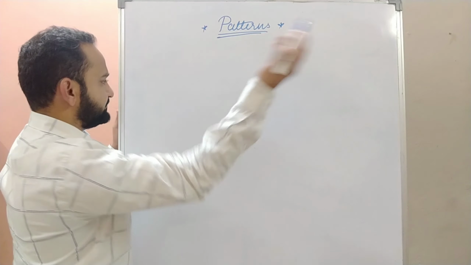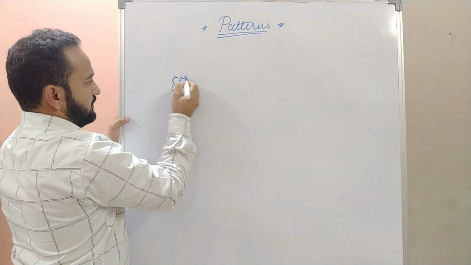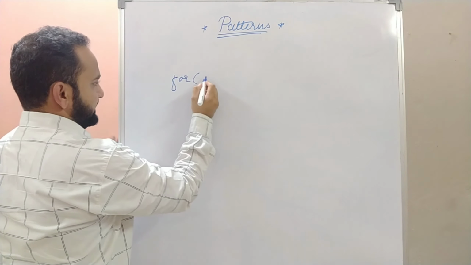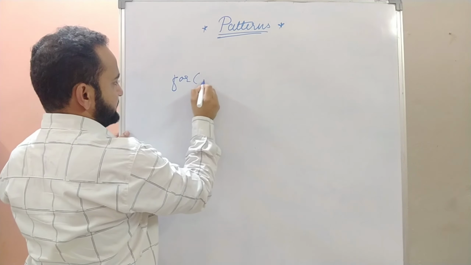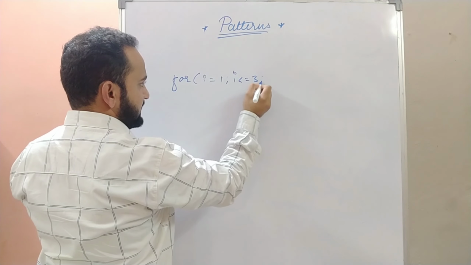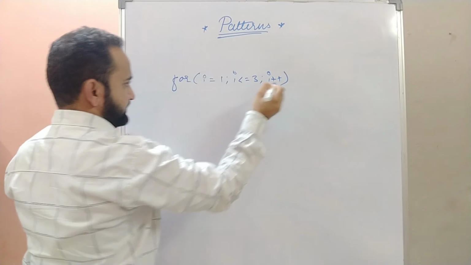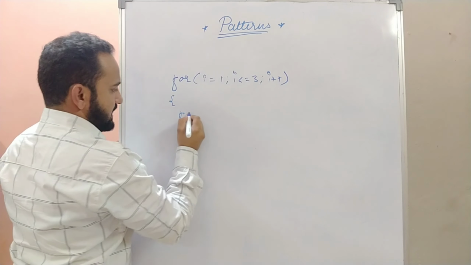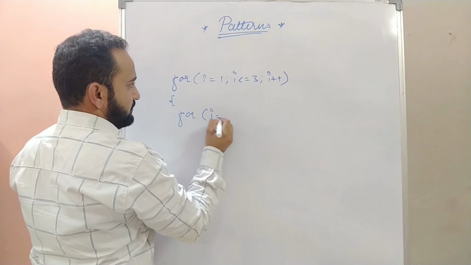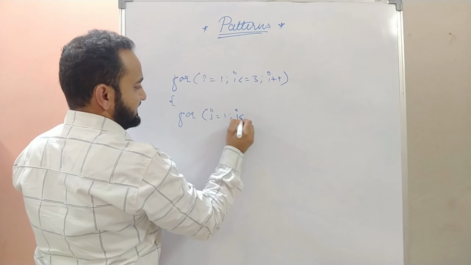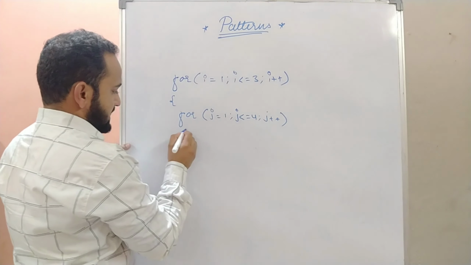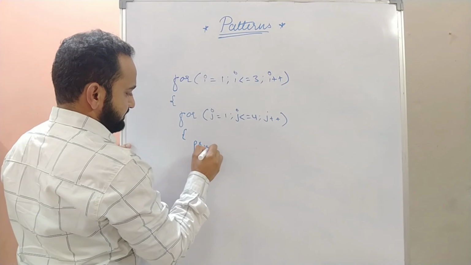So let me take a for loop first. A basic example I'm taking. For example, if I have two variables i and j, I'm directly writing for loops. i equals 1, i is less than or equal to 3, i plus plus. And inside it I have another for loop: for j equals 1, j is less than or equal to 4, j plus plus,